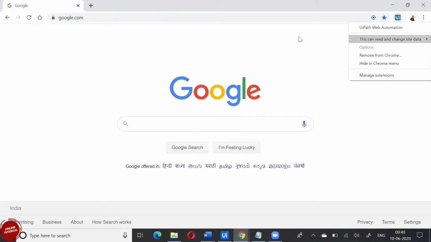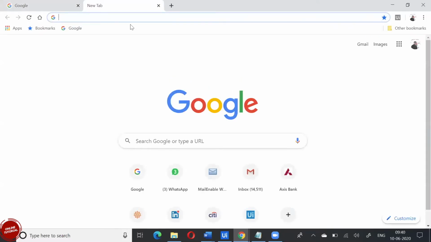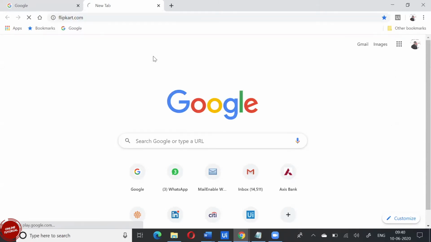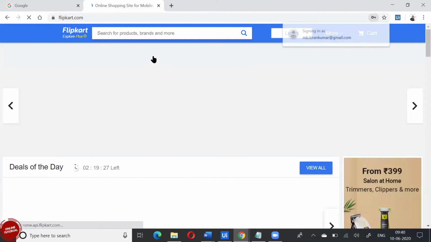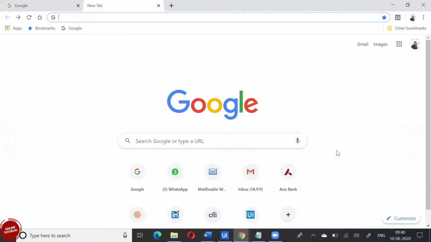If at all you get one message, enable it. In case you are not getting the window, close your browser and reopen it. But does that have to be done for every single window? Because if I open another window, it shows blank. See, it is because you don't have any URL. We are automating something on a platform, so if you give some website like this, whatever it can be, it will automatically turn to blue. It recognizes that you have some element. When you simply open it, it doesn't have any element to operate upon.